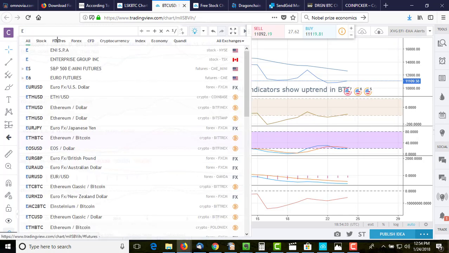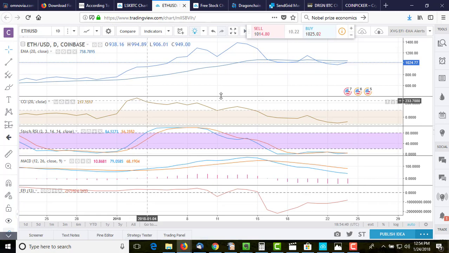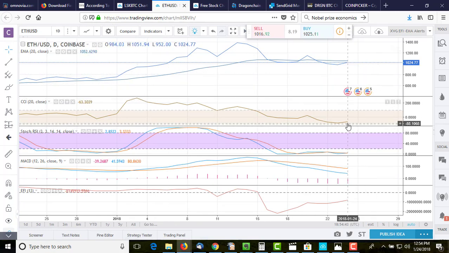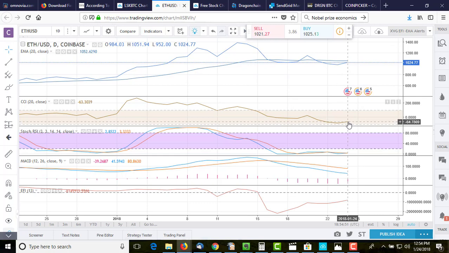Let's look at, because we are in a downtrend here overall, Ethereum, which is the other one. And again, this impacts directly. Okay, Ethereum is just trending, not doing much of anything, with no high moves and no low moves expected. CCI, slightly more positive than negative. Stochastic RSI definitely should be rebounding. It may be slightly oversold in that regard. MACD trending indicated as well. Sellers are still in control in EFI, but it does have a mild positive bias.